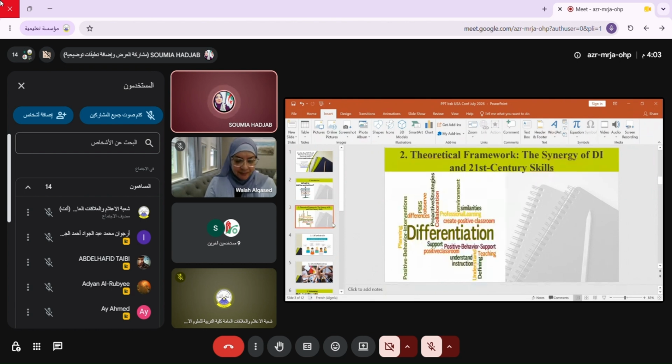The theoretical framework, where we speak about the synergy of DI and 21st century skills. The foundational principles of DI are inherently aligned with the goals of 21st century education, as claimed before, by differentiating based on learner readiness, interest, and learner profile. Educators can create a more equitable and engaging environment where every learner can achieve their potential. And here we highlight two